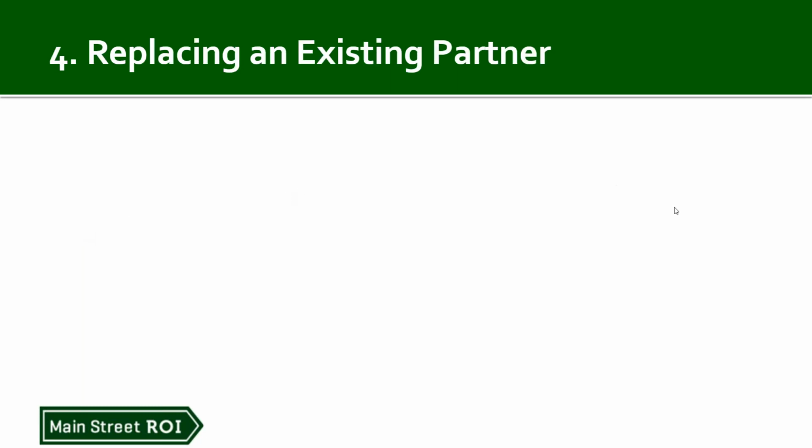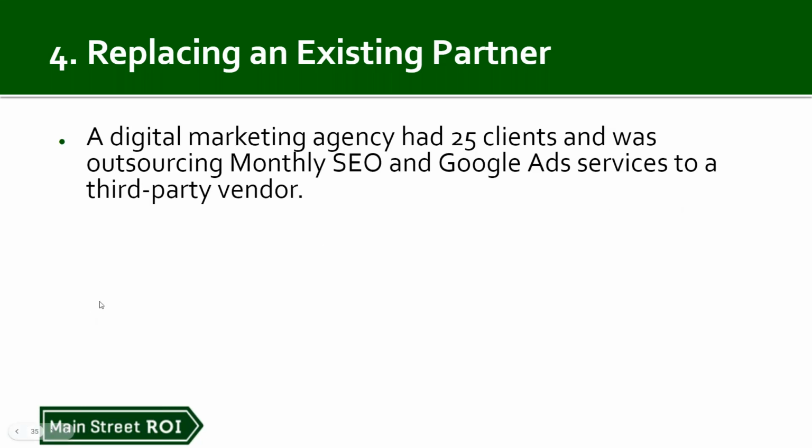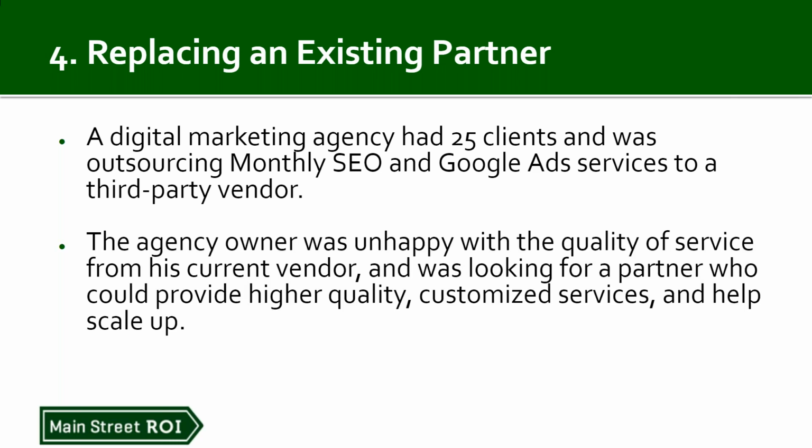And the 4th way we can help partners is replacing an existing partner. So some agencies come to us and they have an existing partner that they're white labeling, but they're just not happy. And that's what happened in this case here. A digital marketing agency had about 25 clients. They're outsourcing SEO and Google ads to a third-party vendor, but the agency owner was just not happy with the quality of service,